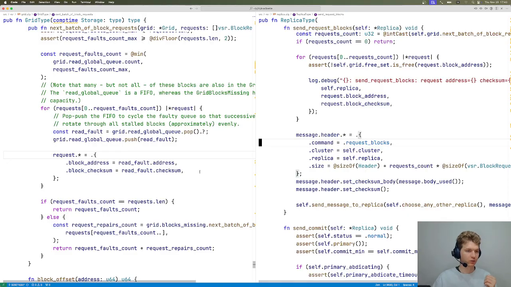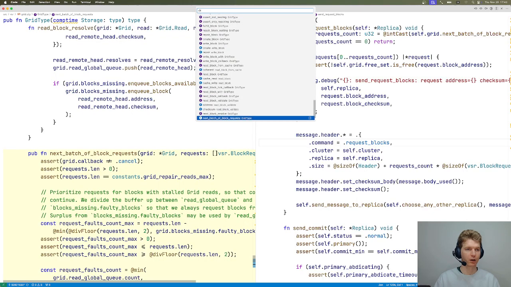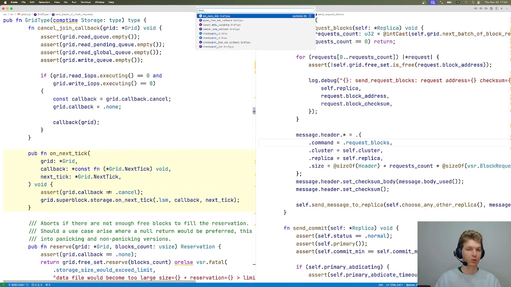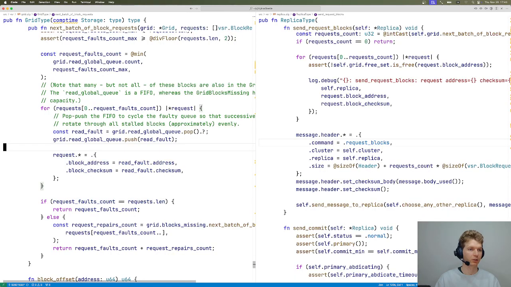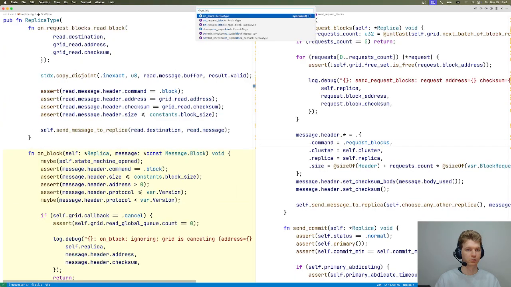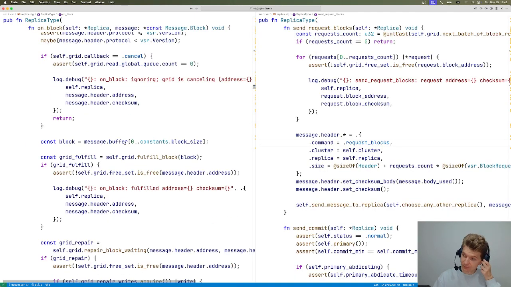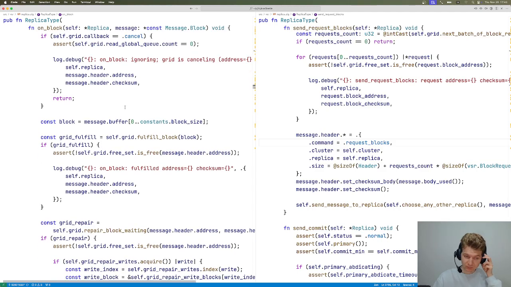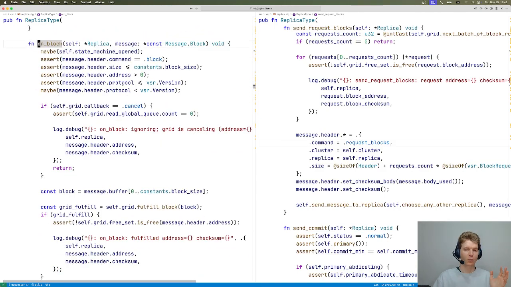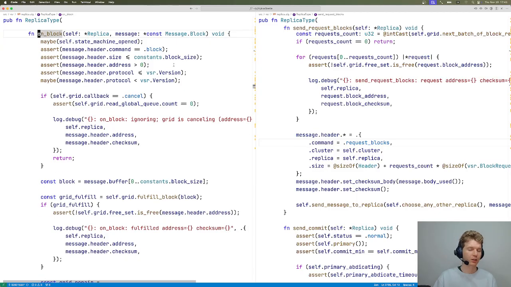So the replica will get called on block. The original replica, which had trouble reading blocks from disk, will receive this block from some other replica